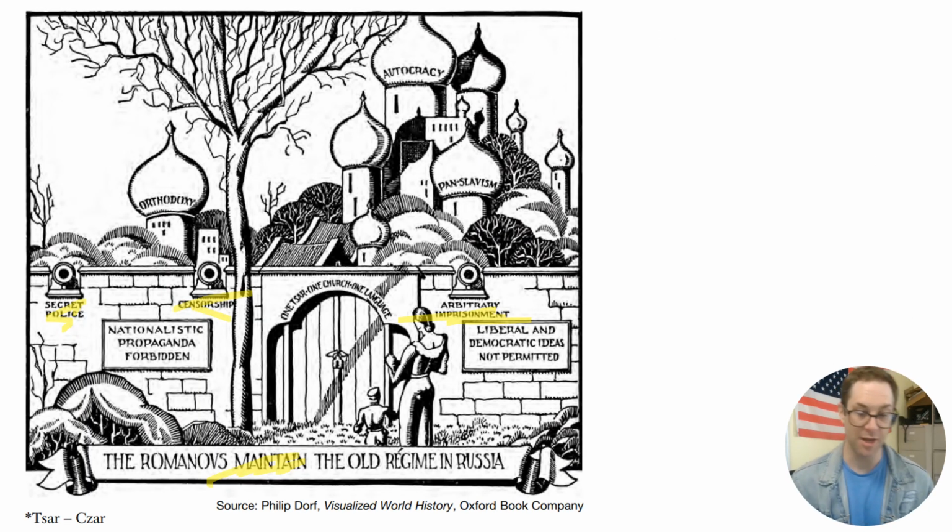What this political cartoon shows are all the reasons for overthrowing the government. And it can be a really hard document to read, but I just kind of highlighted the words that were the easiest for me to understand. There's secret police, there's censorship, and there's imprisonment. So these people must be bad. But I highlighted a word in the title on the bottom, maintain. And that's what empires do. They maintain power through these ways. So what this cartoon tells me is that it was time for a revolution, and the people of Russia were